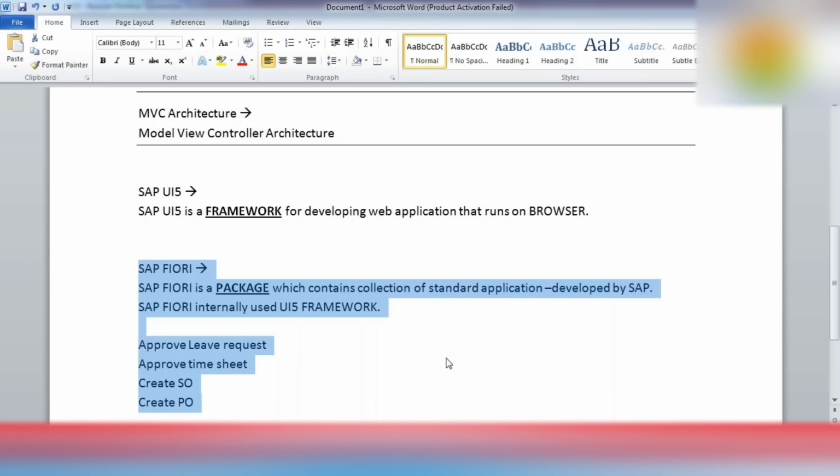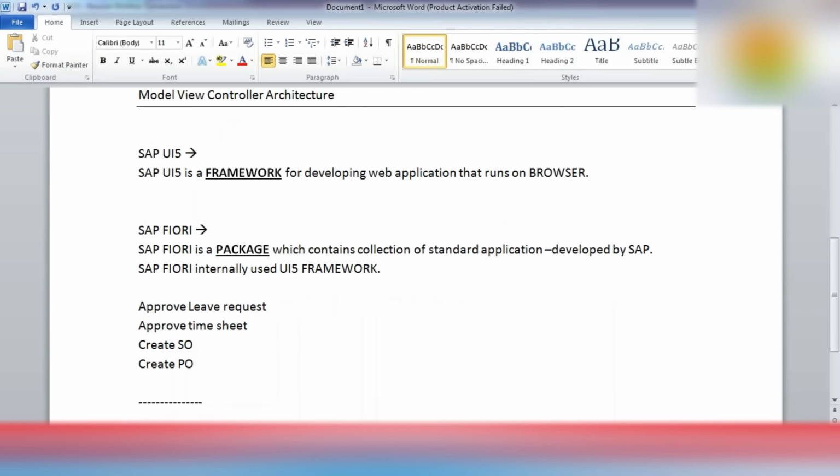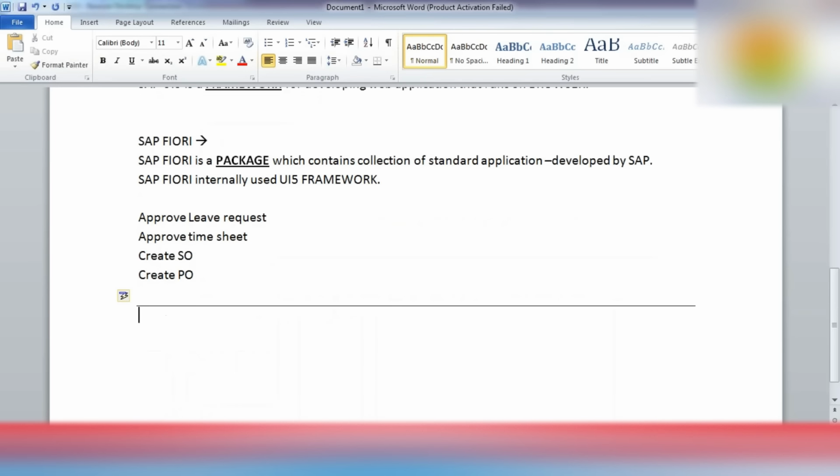And this Fiori is also based on the UI5 framework. As I told you, UI5 is based on some framework, right? That means, let me just introduce you to that.